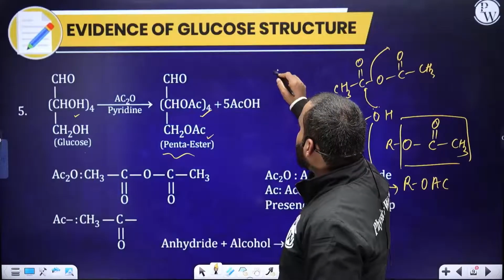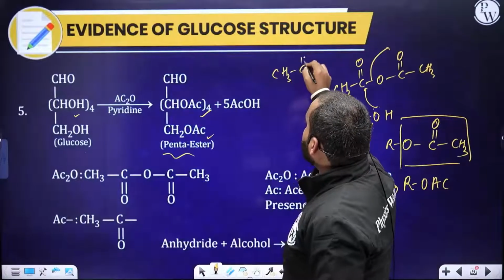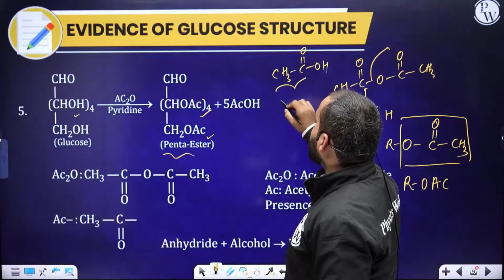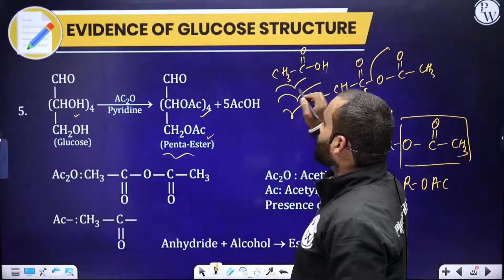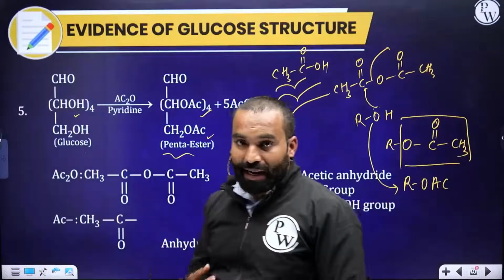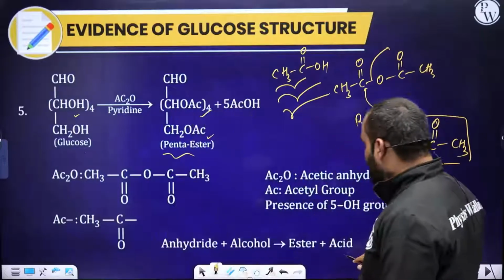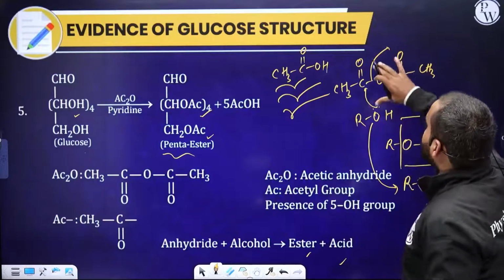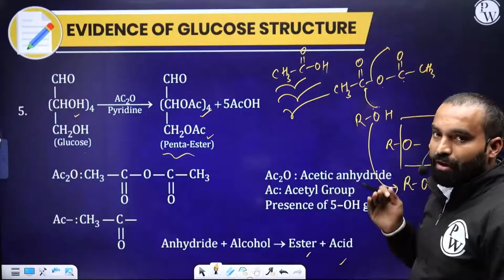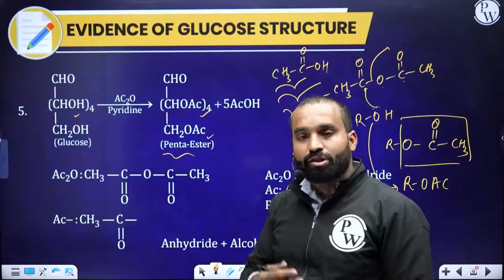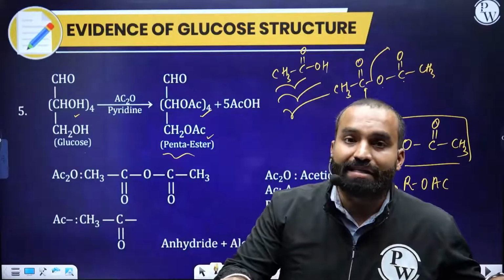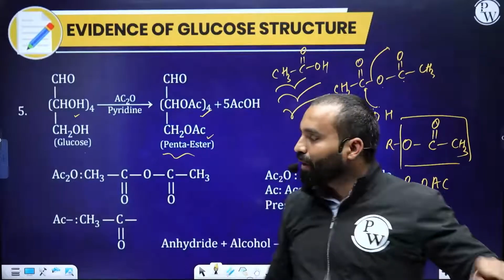So in short, can you tell me in the comment box what will be the name of this molecule? Sir, this looks like Ac. This looks like AcO. This looks like AcOH. Right? Okay, great. So anhydride plus an alcohol will result into ester and acid. This part will transform to an acid. CH3COOH will be an acid, acetic acid, which in commercial naming is known as acetic acid or vinegar, for example. Okay, guys. Very good.